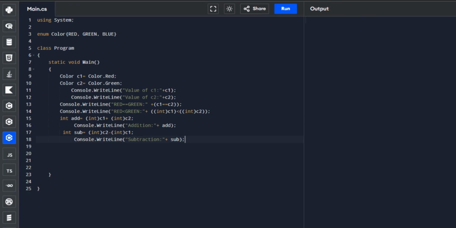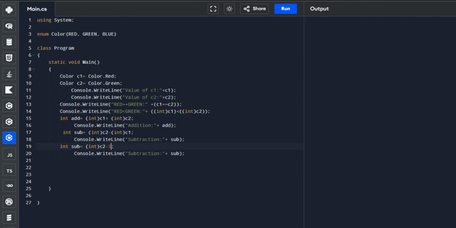Okay, so basically we just have our subtraction, and the next operation is of course multiplication. In our previous C++ code we used C1 and multiplied it with the number 3.